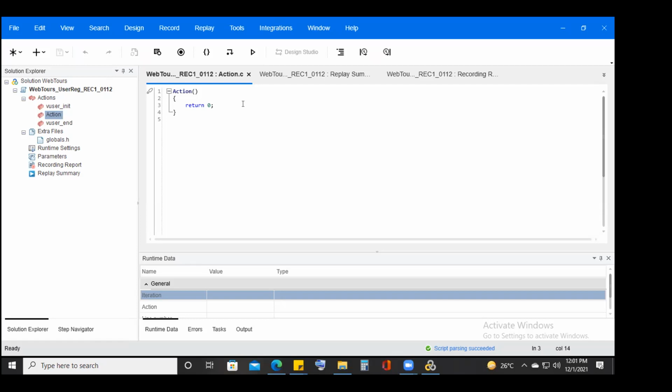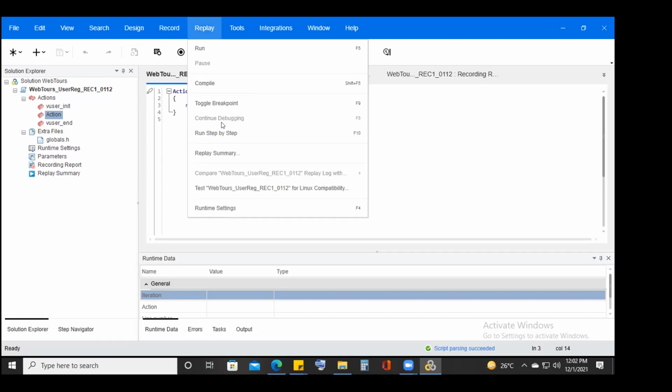Most of the time we use the record menu item, design, record and replay, and tools, right? And integrations, of course. While scripting, we'll use design and record and replay.